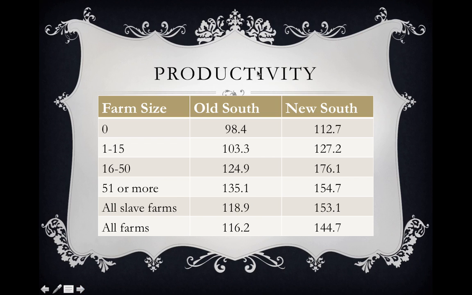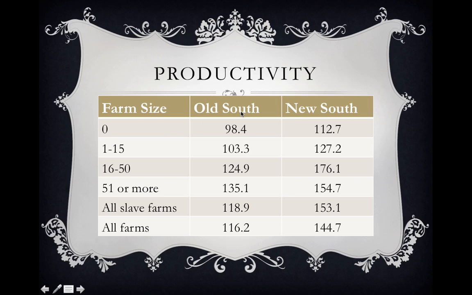Now, if we talk about productivity, what I want you to realize here is that much of the analysis of the plantation agriculture system during the time period found that the slave system exhibited economies of scale, meaning that the larger the scale of production of the plantations, the greater labor productivity was. And here's some data, and this comes from Fogel and Engerman. All right, the number 100 represents farm productivity on northern farms. So this 100 number is the basis point for comparison.